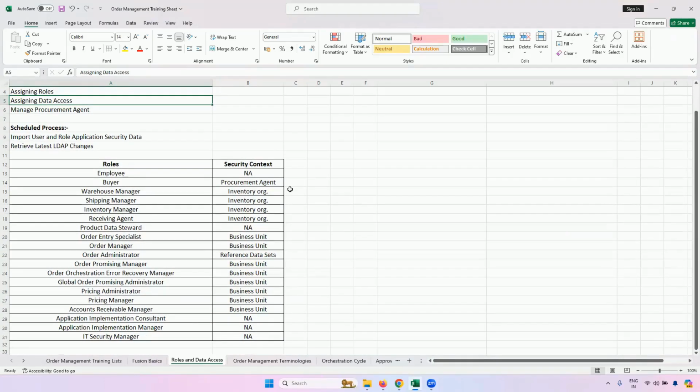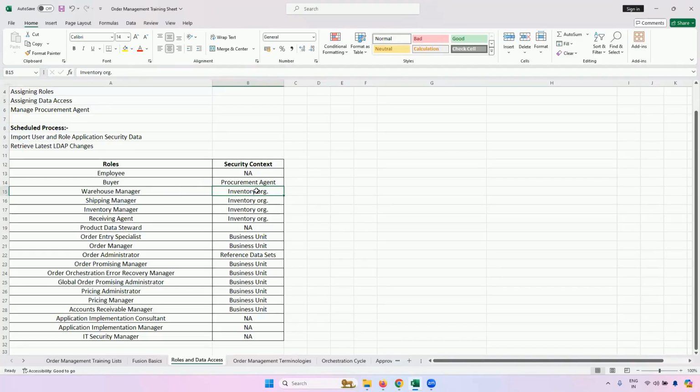So what is data access? Suppose you are a warehouse manager and your organization has many inventory organizations, right? It has 10 inventory organizations. And you obviously do not want one person to manage all the 10 inventory organizations. You want one person to, suppose, manage inventory organization A, B, and C. So this is a security which Oracle has brought in.